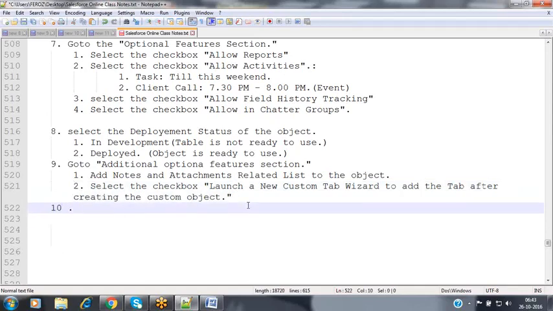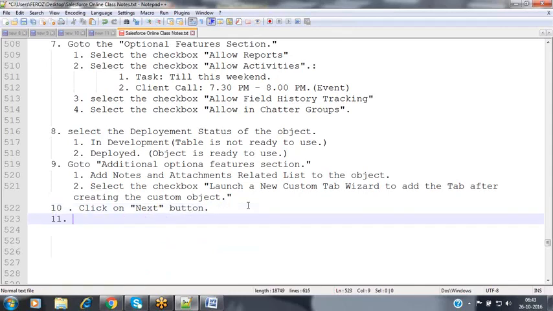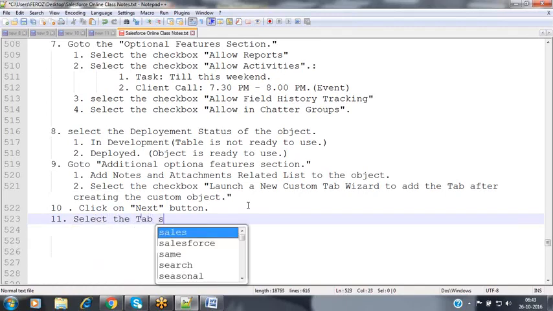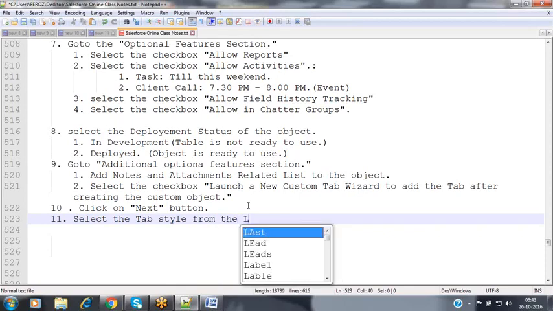Now, the 10th option. Click on the next button. As soon as you click on the next button, it will ask you to select the tab style. Select the tab style from the lookup icon.